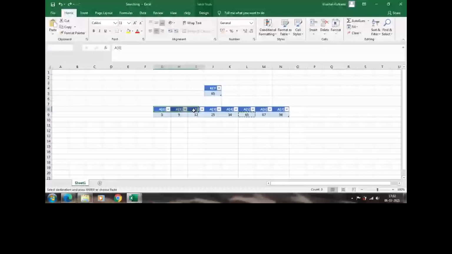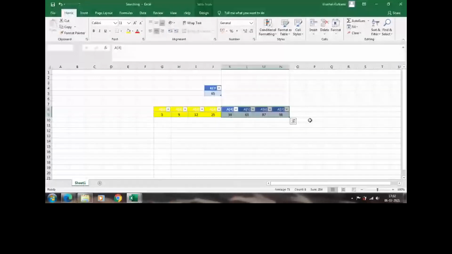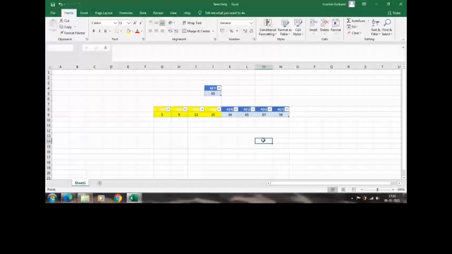Again the algorithm will find the middle element of this new sublist, which is array index position 5, that is 65. The key is compared with the middle element of the new sublist, and as the key matches, it will return the array index, that is, 5.